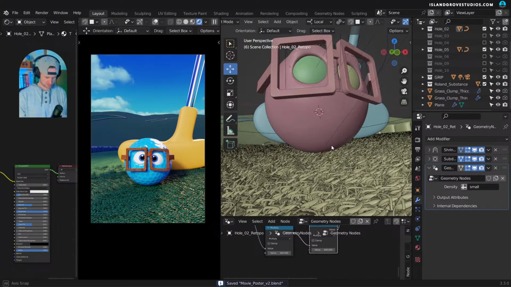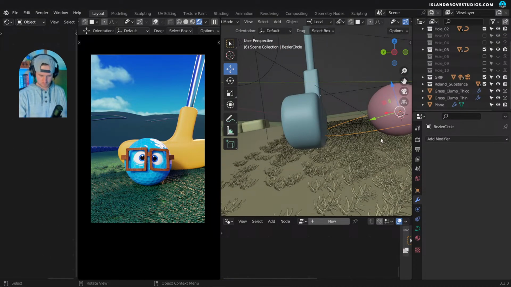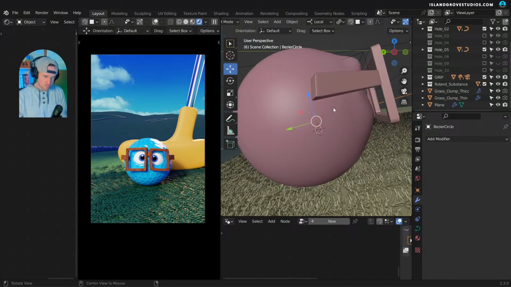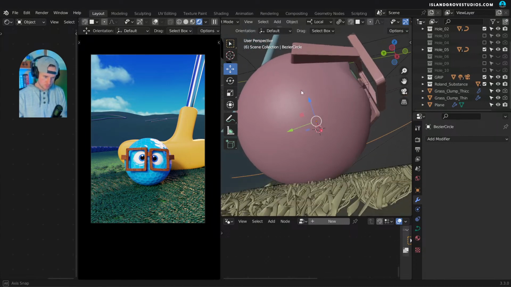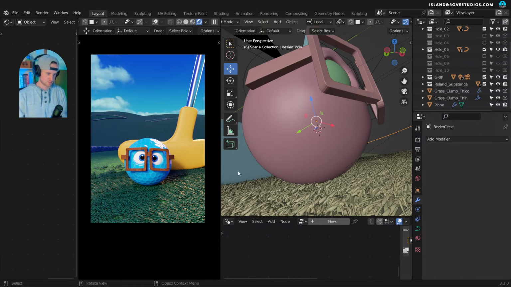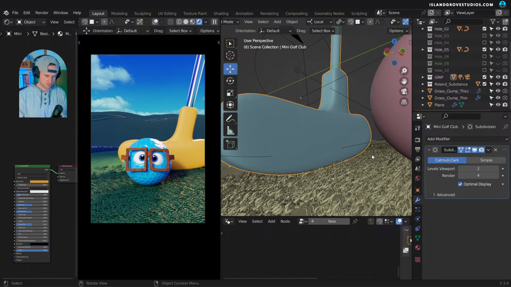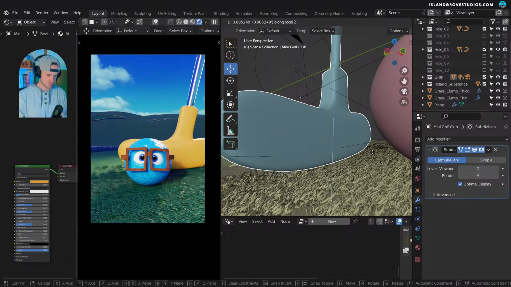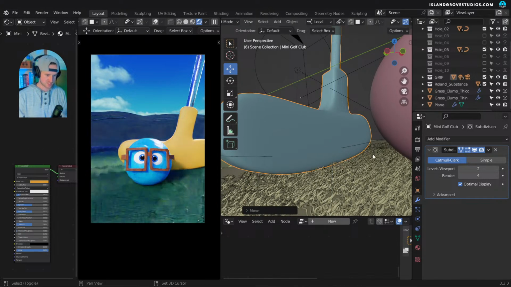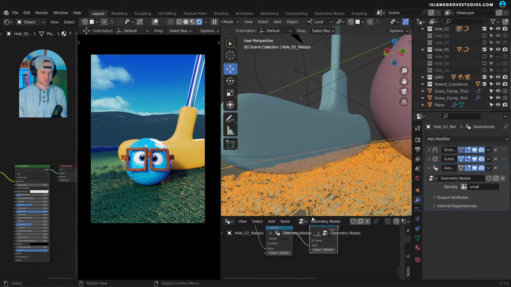Save, we're saving crazily. Yeah, sitting down there pretty good. That's good. What about this mini golf club? It's kind of in the ground too much. Obviously, when you put the club down, there'll be some overlap because it's pressing. There'll be some in the like this, but that's good. So now we want to